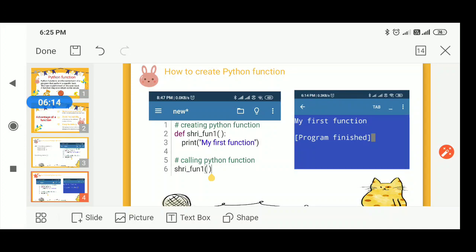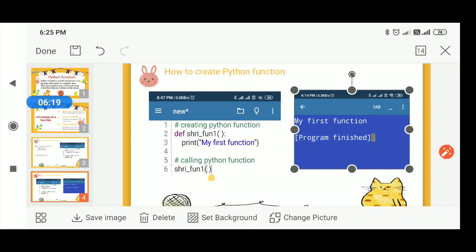Whenever you execute this program, you will get my first function as a message in the output window. So this is the way by which you can create your function as well as call your functions.